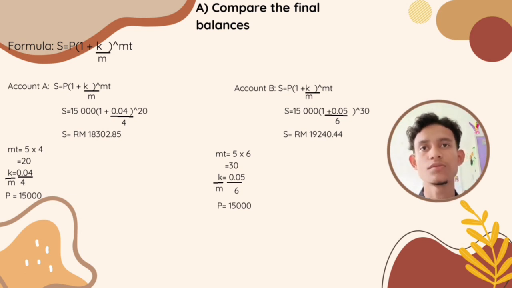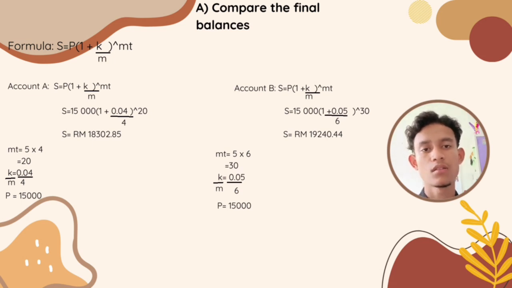For account A, I use the formula S equals P open bracket 1 plus i over m close bracket to the power of mt. The mt that I use in this account is 20, i over m is 0.04 over 4, P is 15,000. I will replace these numbers into the formula. S equals 15,000 open bracket 1 plus 0.04 over 4 close bracket to the power of 20, and the final balance is